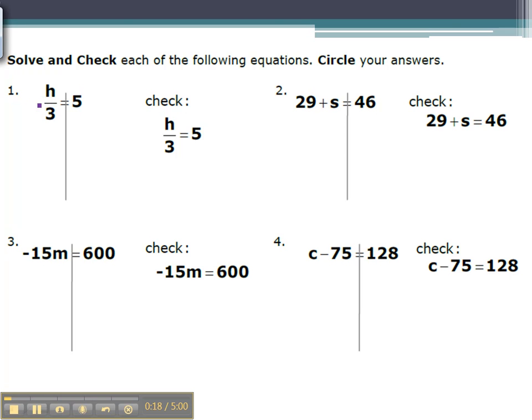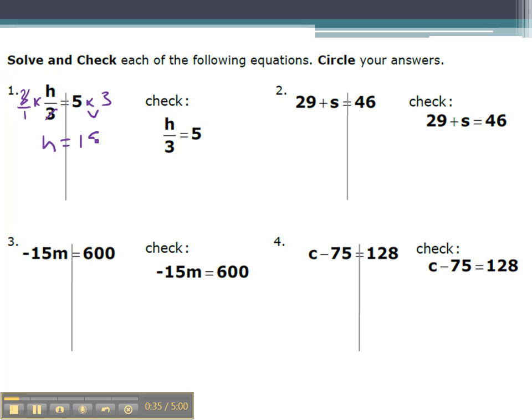h over 3 is h divided by 3, so the inverse operation would be multiplying by 3. Whatever I do to the left side of the equation, I have to do the same thing to the right side. So 3 over 3 is 1, so that leaves us with 1h, which is what we want, equals 5